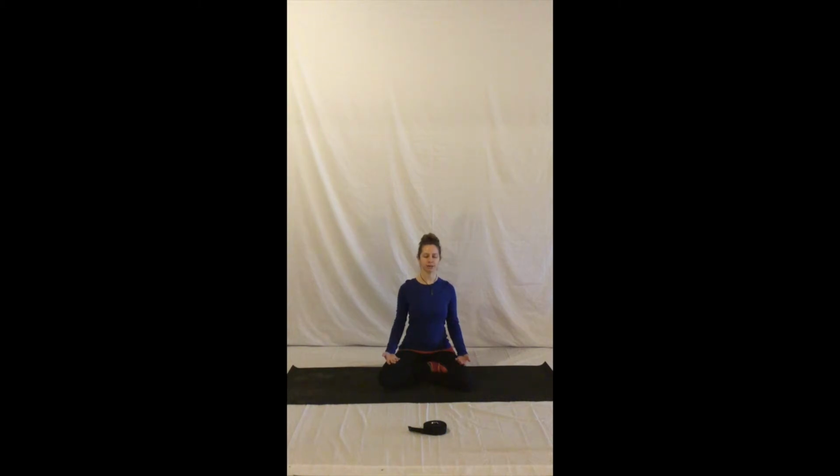One more moment here, encouraging the breath to lengthen up through the spine, floating the spine over the sit bones. One more breath. Your next inhale, reaching through the back of the head, and exhale, you're going to take the chin back up